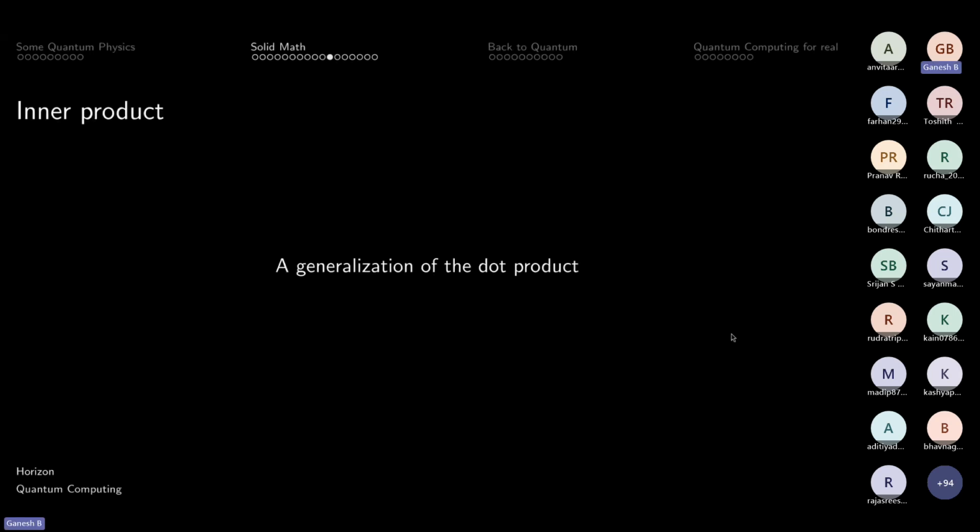And inner product is just again a generalization of the dot product. A dot product is typically defined for a Euclidean space, when you have a real vector space over real numbers, but you can do it with complex numbers as well. So that's where we try to generalize the dot product to this inner product. There's a famous saying in real analysis: the study of real numbers is incomplete without complex numbers. So there is a reason we try to generalize these things. These come out to be very useful later on when we try to prove something.